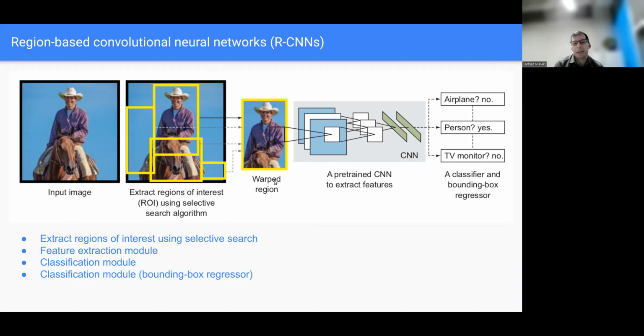What do you think about the speed of this approach? Do you think it's fast? Is it slow? Do we need to repeat something a lot of times? So yes, it is slow, but can you tell me why? We said that selective search is one reason, but there is another significant reason for RCNN being very slow.